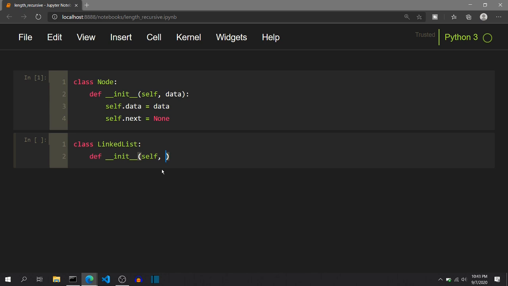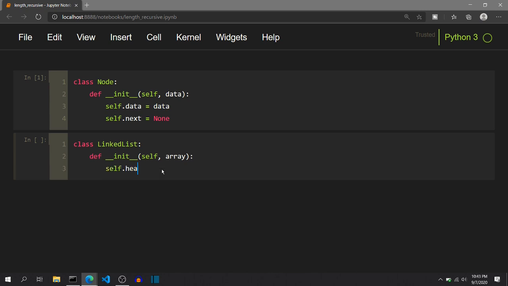If you are not sure how to write code for inserting nodes in the linked list, I have made a detailed video for 3 specific cases of inserting nodes. So you can definitely check out that in the iCard above and in the description below. So I will take an input of array of elements that we need to insert in the linked list.